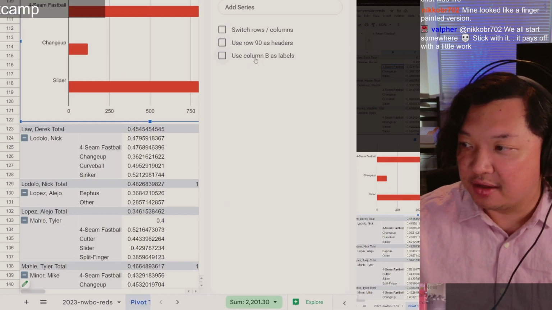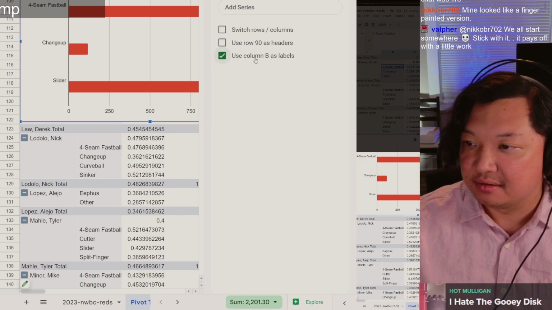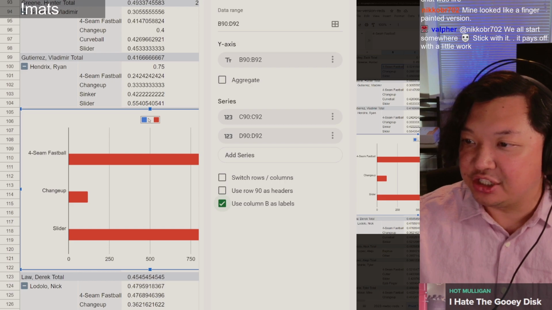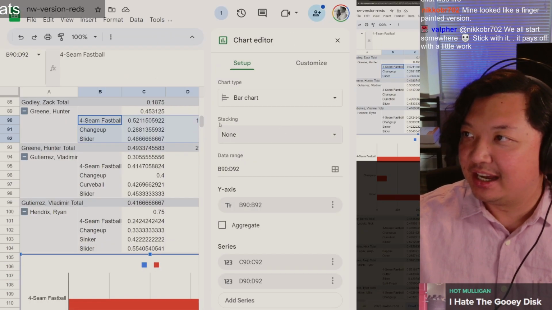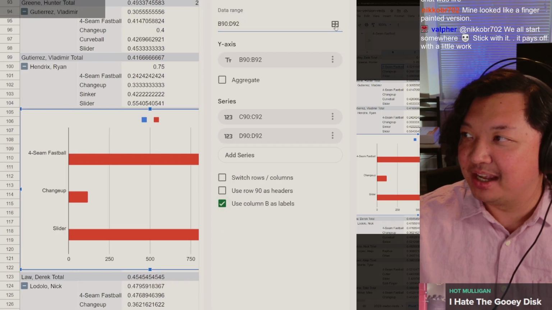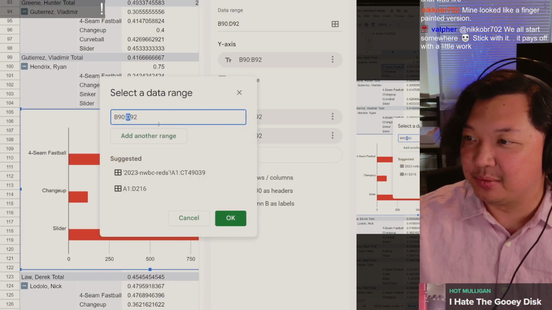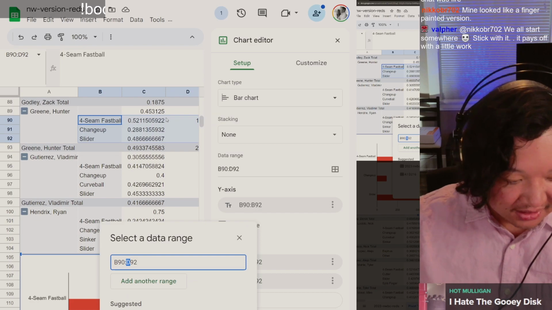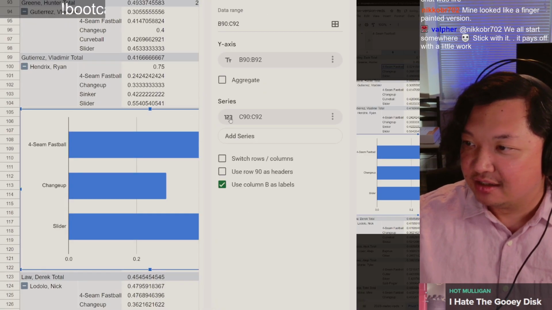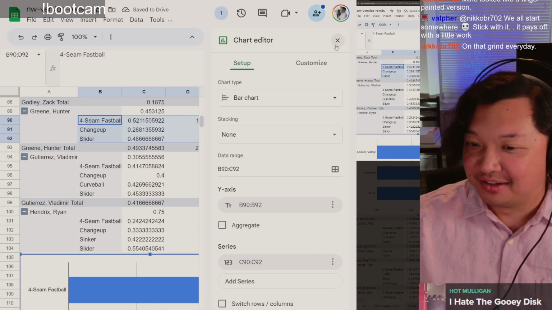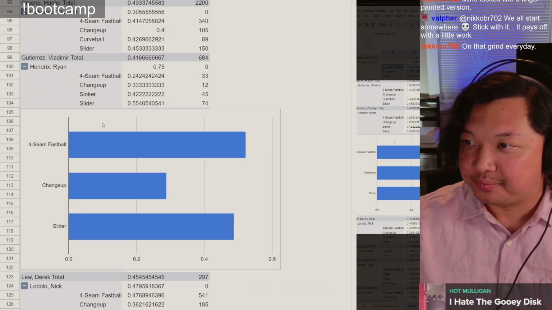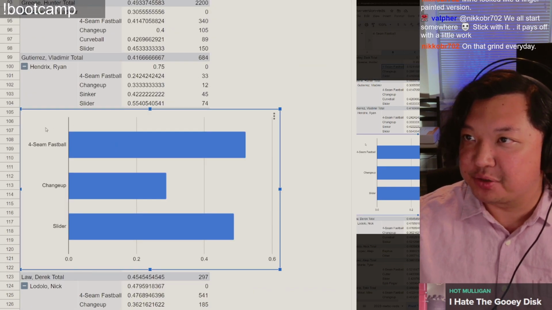And then we'll use column B as labels. Okay, and then that's these. These are the labels. And then it's trying to calculate two things: one is the count and one is the strikes. So I'm actually going to minimize this. I don't want the D column. I will not give them the D. I will do the C column only. Okay, so now I have this data visualization